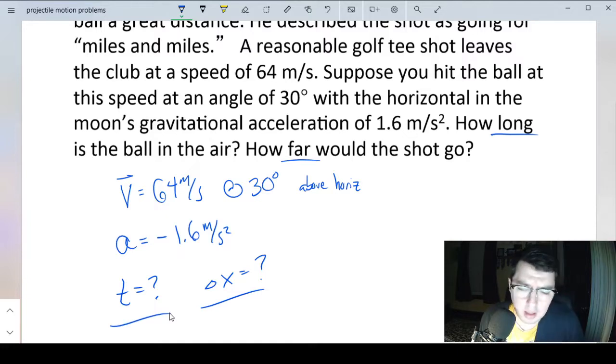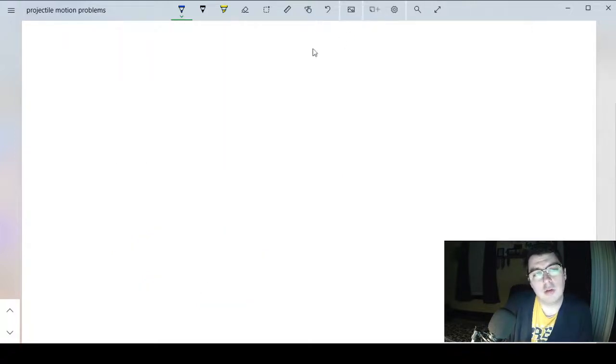However, that velocity that we're given is actually 2 bits of information because we are told the entire vector, which means we can decompose that vector into components. We'll draw a picture to show what we mean. Our velocity is up at an angle like this. So it's a 64 meters per second velocity at 30 degrees. We can break this into components, Vx